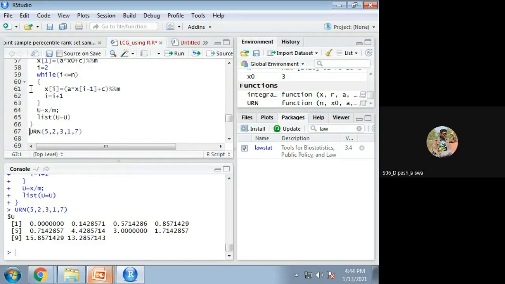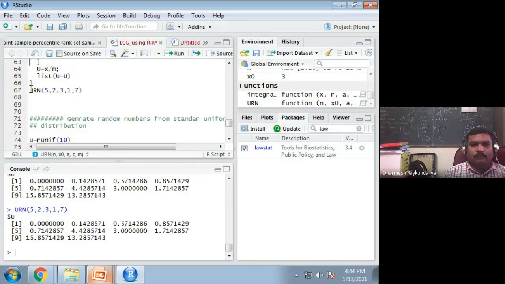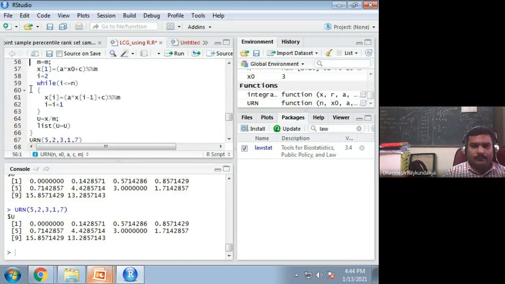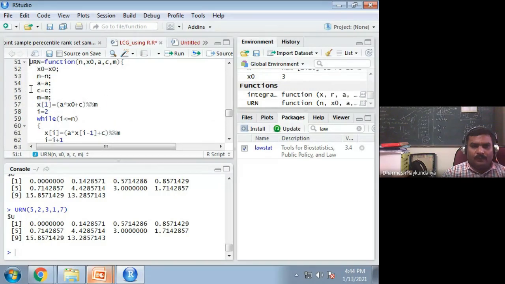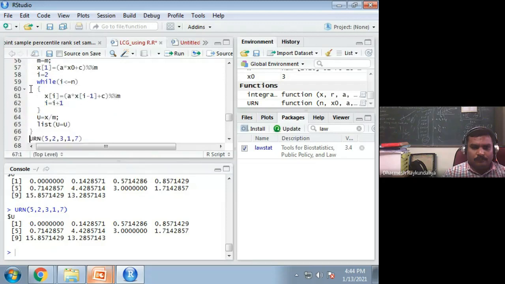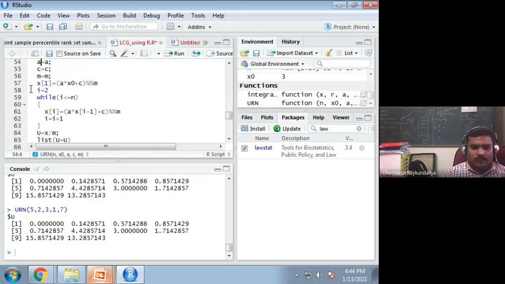Why has it generated 10? Something is wrong, a mistake. n is 5, x naught is 2, a is 3, c is 1, m is 7: 5 2 1 3 1 7. You can see that it is generating the same random numbers.